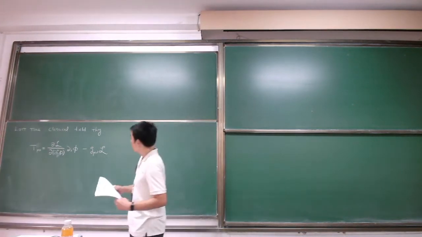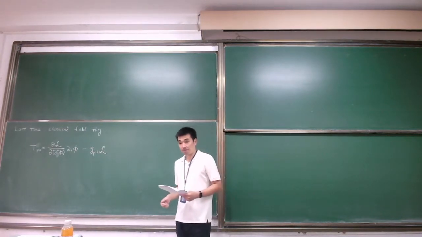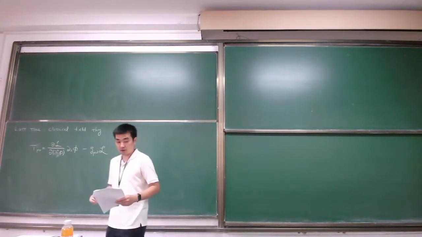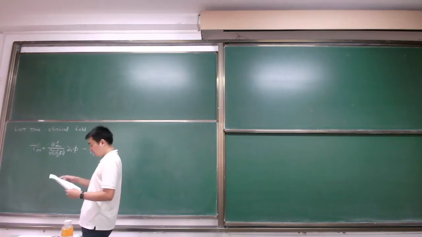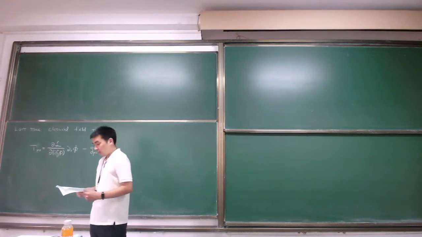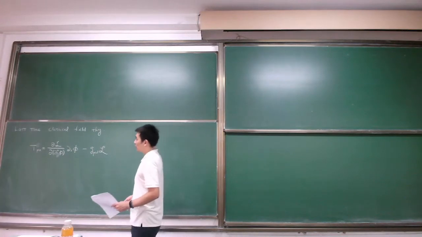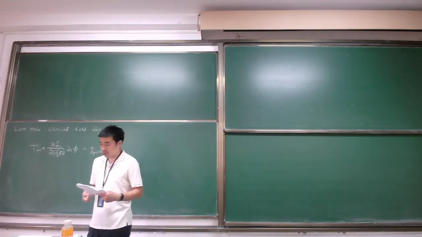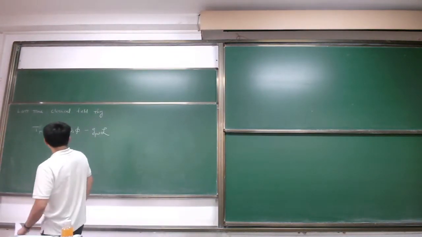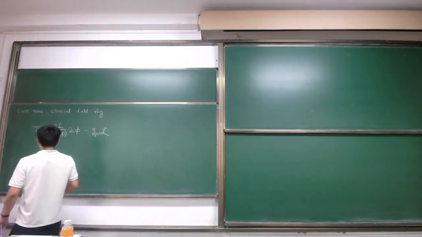Last time we talked about classical field theory. We talked about the Lagrangian formulation and the Hamiltonian formulation, and then we introduced the so-called Noether theorem. If there's a symmetry, there's a conserved current, and then we find the stress energy momentum tensor. As I mentioned, in general it's usually not